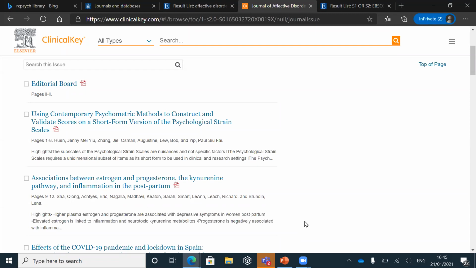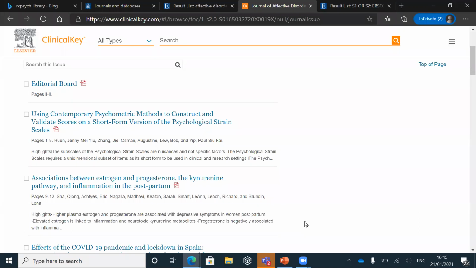And Fiona, another question has come in around different ways of accessing some of these search engines. So if you're accessing through, let's say, NHS or Athens, would the search results be different depending upon which access you're using, or would the search results always be the same? They should be the same. I assume you mean NHS or RCPsych.